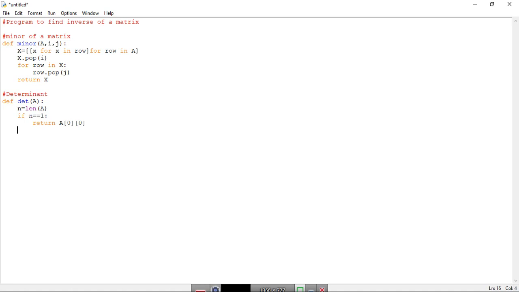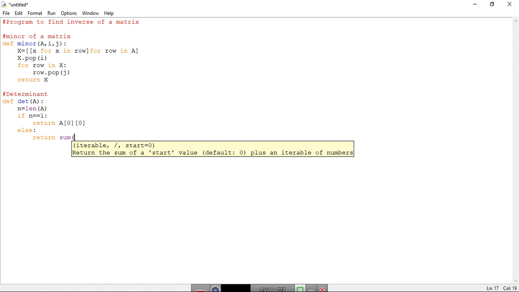If n is not equal to 1, if n is greater than 1, we will use an if-else statement. So else, return, we will use sum. We have to be very careful while putting the brackets. We will evaluate the determinant by using the first row, so the first row becomes a[0][k], into minus 1 raised to k, where for raised to we use the double star.